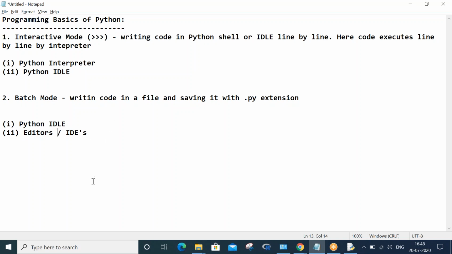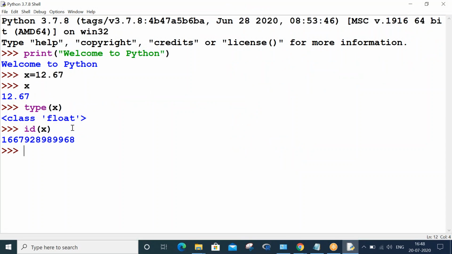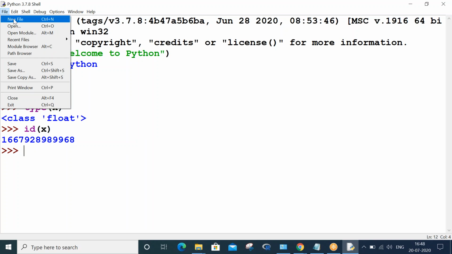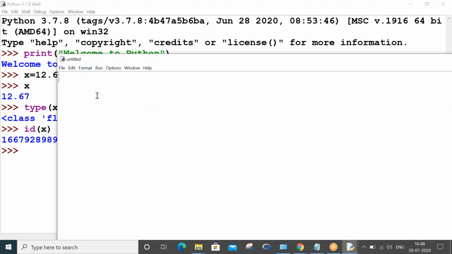Okay, my Python IDLE is open. So this is my Python shell. Here, to do batch coding, if you look at the top left, you can find File. Click on File, go to New File. It has opened a window for us, untitled.